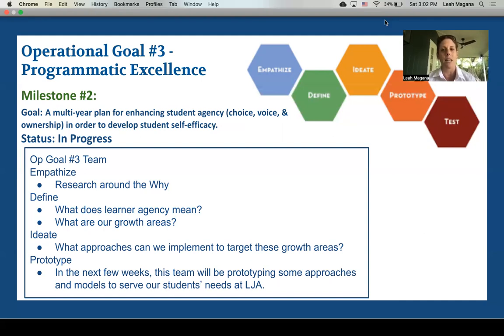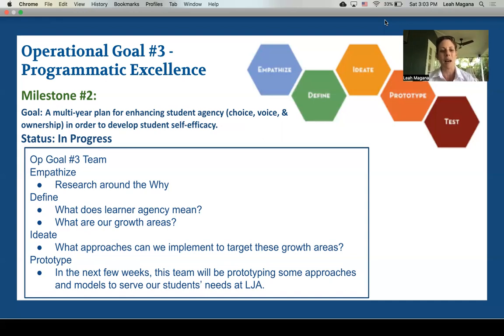We would love to get all those ideas in by Thursday, because our next phase is we're going to move on into prototyping and starting to kind of prototype those different models and structures that we could experiment with in the coming years. And those are going to feed into this multi-year plan and then also intersect with our strategic planning. So we got many of your ideas last Friday at the strategic planning with Capono and Susanna. We took many from this group, and we're hearing lots of chatter out there about really great ideas. And at this stage, there are no bad ideas. All ideas go into our charts. So please let us know if you have ideas of your own.